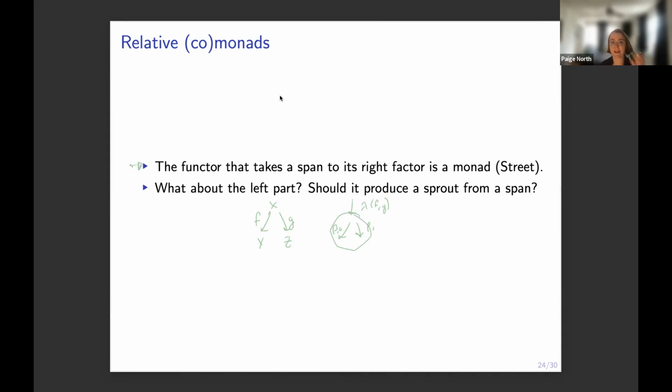Okay, so since the factorization takes things in one category to things in another category, it's not an endofunctor. It doesn't make sense to talk about it being a monad. But what does make sense to talk about is, I think, not so well known, but has been developed relatively extensively, the notion of relative monad, which reduces in the case of endofunctors to those monads, but also allows us to talk about monad-like things for functors that have different domains and codomains. So that's what we're going to use to at least fix up the left part.